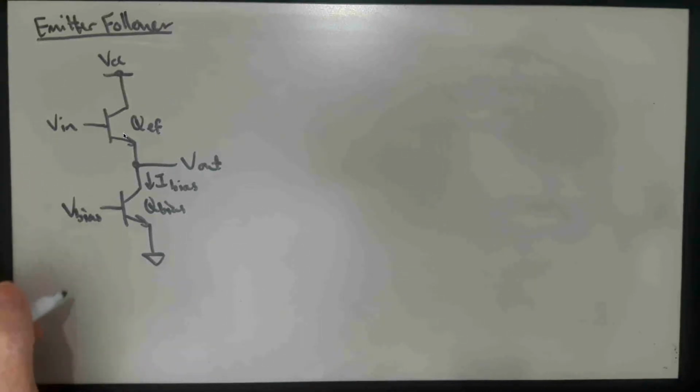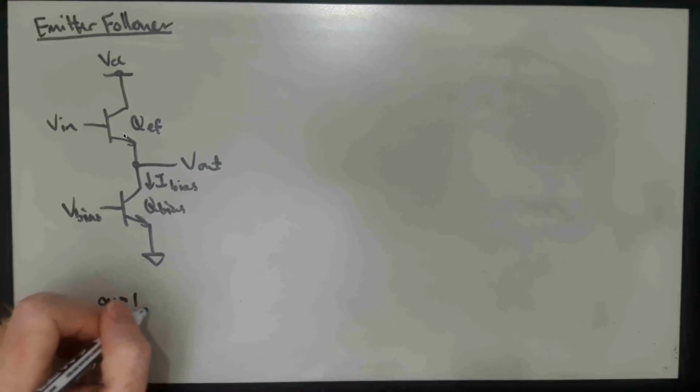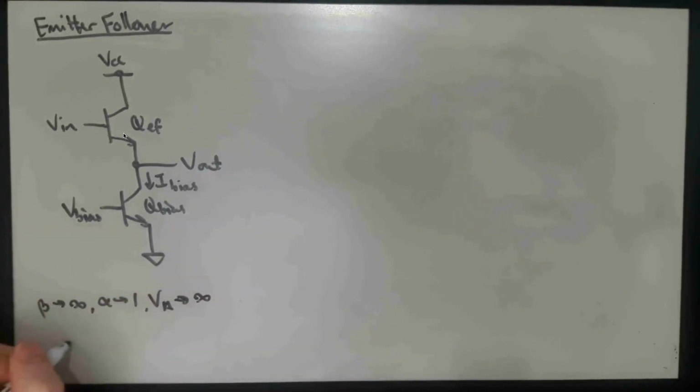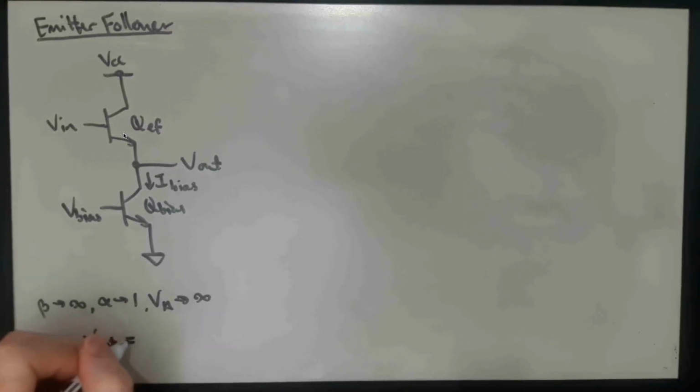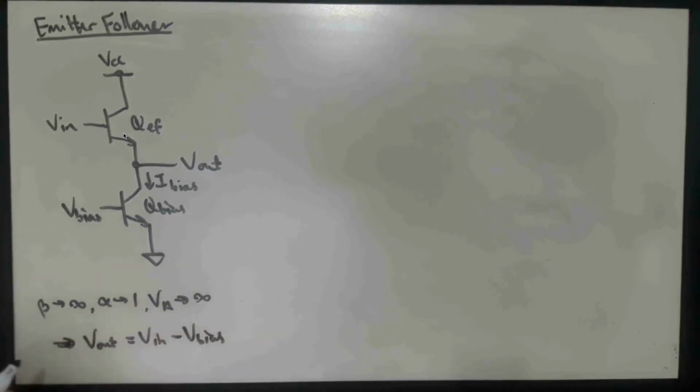So beta goes to infinity, alpha goes to 1, and VA goes to infinity. Under those assumptions, we found that Vout was equal to Vin minus V bias,